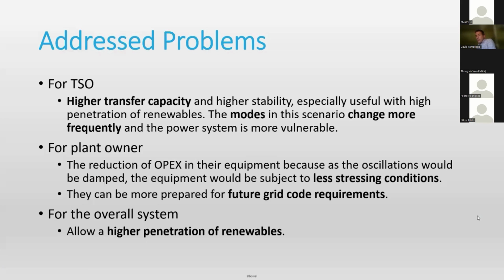We will also address some issues for plant owners. First of all, the reduction of OPEX for their equipment, because as we will have some oscillations dampened, the equipment will work under less stressing conditions, allowing to reduce this operating cost. And also the plant owners will benefit because their system will be more prepared against future grid requirements that could be in place. And also as a general objective or issue addressed is the